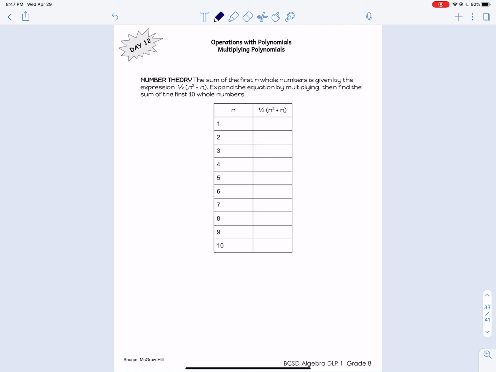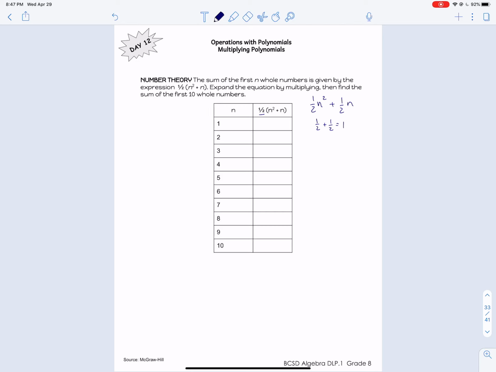And it says to expand the expression by multiplying and then finding the sum. So we're going to multiply using distributive property. So I have 1/2 n squared plus 1/2 n. And then find the sum. Okay, so if I put a 1 instead of n, 1 squared is 1, so I get 1/2 plus 1/2,